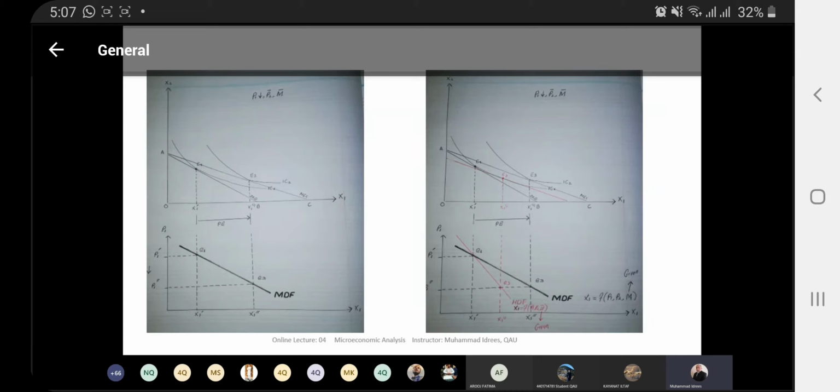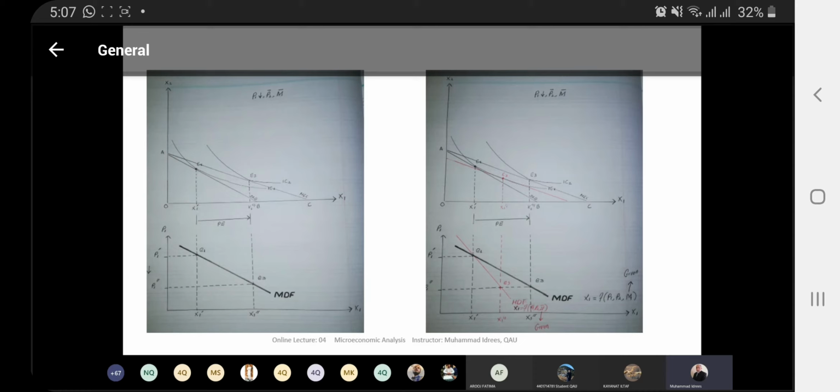Since the substitution effect is always negative, the Hicksian demand function is always negative, irrespective of the nature of the commodity. The Marshallian demand function is negatively sloped for normal and inferior commodities; however, it's positively sloped for the Giffen commodity. Marshallian demand function is called the money income held constant demand function. Hicksian demand function is called the utility held constant demand function. Marshallian demand function is the utility maximizing demand function. Hicksian demand function is the